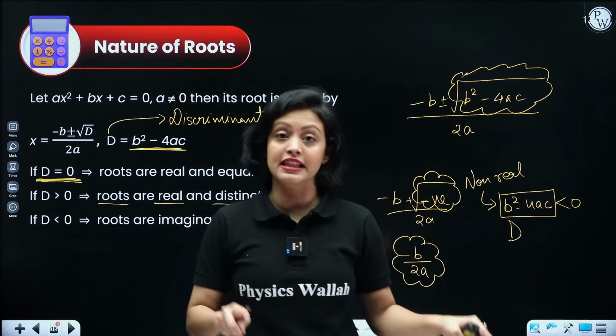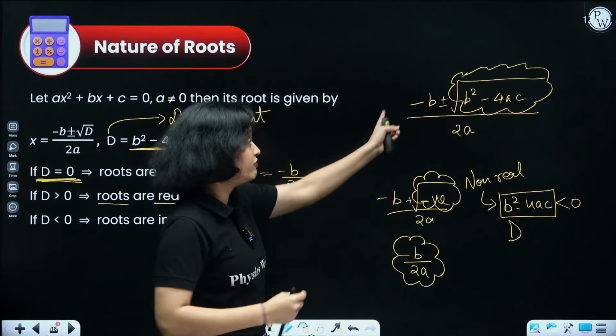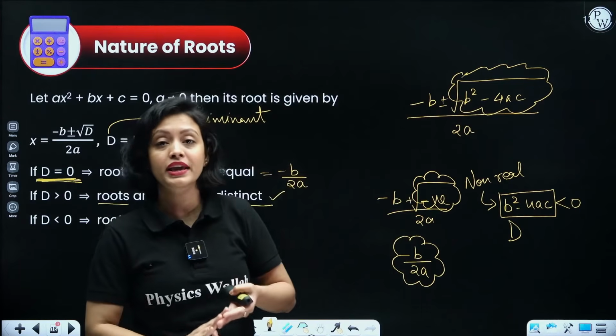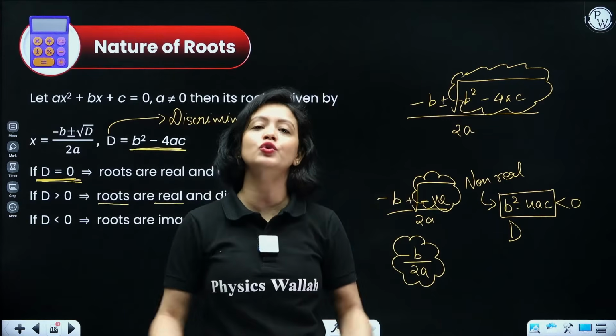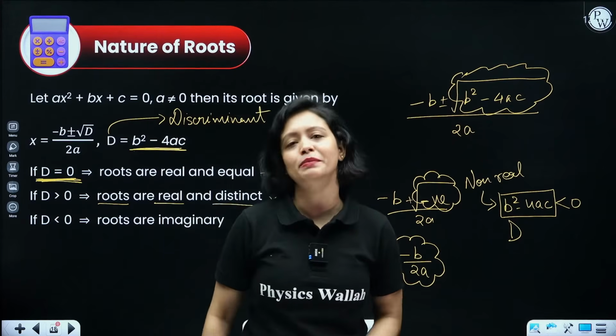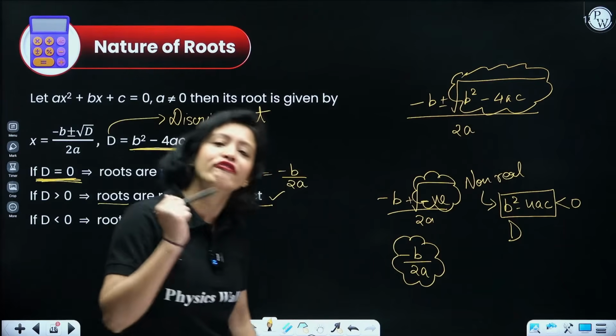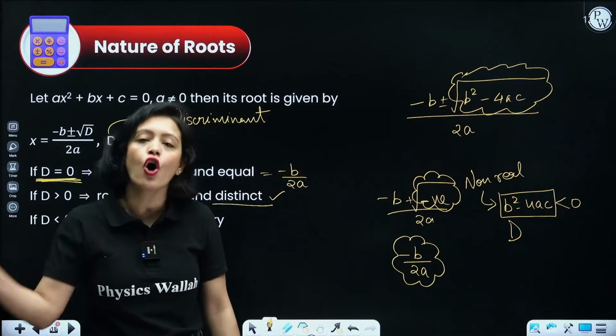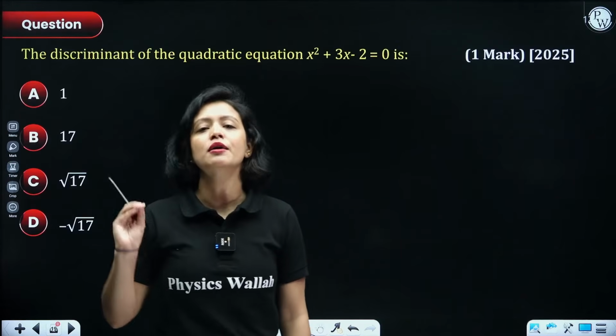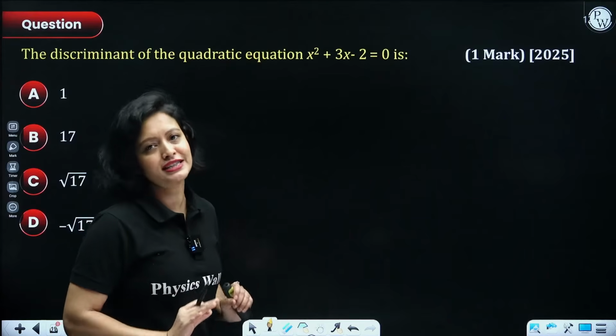And if D is less than 0, then obviously the under root thing won't be real. So that means the entire roots won't be real. So both the roots would be imaginary, both of them. Okay? So now, based on this very important topic, guys, you get lots and lots of problems in board exams. Let's see the different types of problems, right?